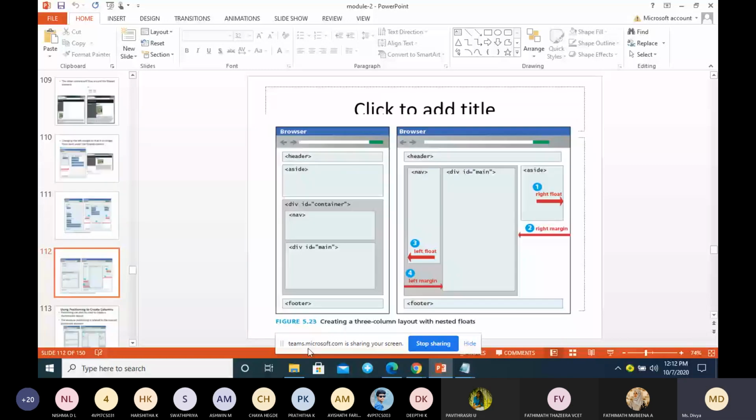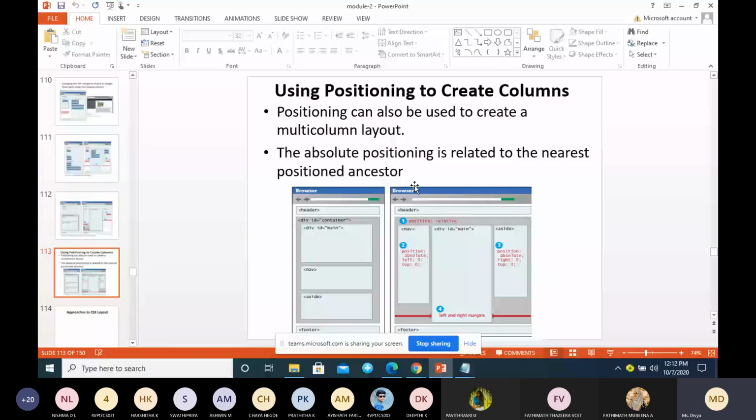One more way of arranging the elements is using the position property.